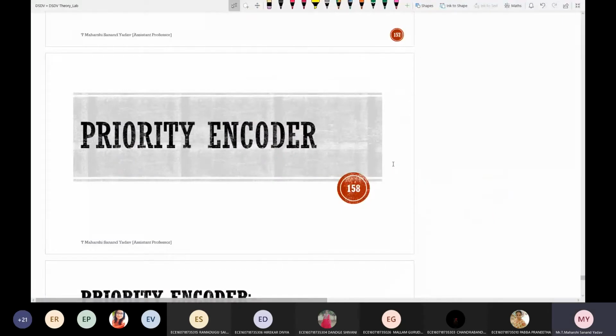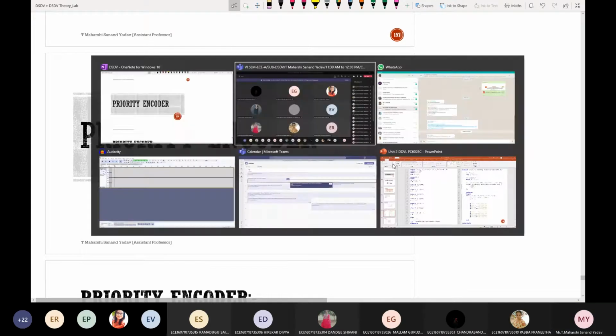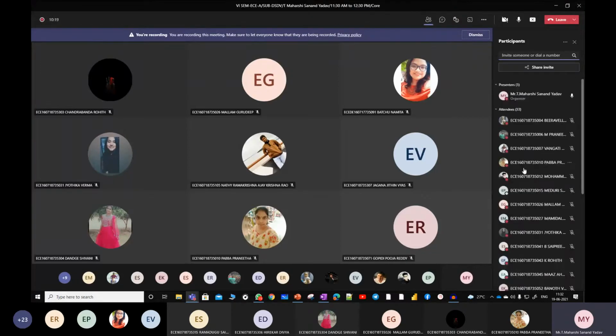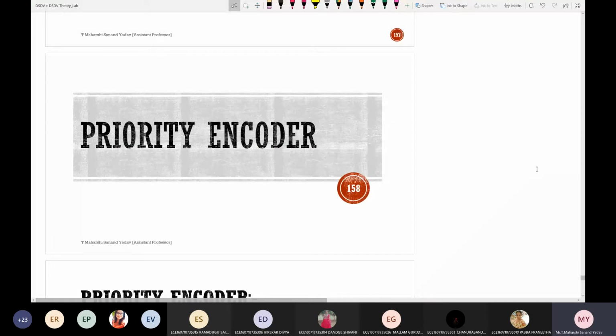Okay, so today let us see about the priority encoder. Yesterday, I think Karthik asked me to explain this concept. Anyone want to try this? The working of the priority encoder followed by the coding part. Have you tried? Okay, so actually the slides were prepared by Namita. She is facing some issue in writing the code, so I'll take up this topic.